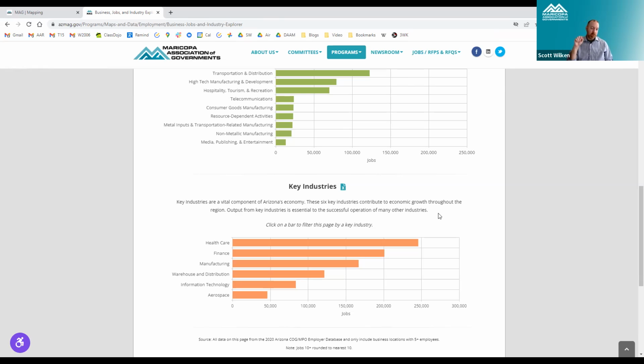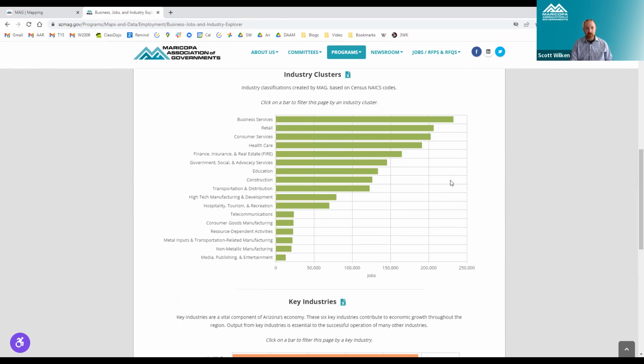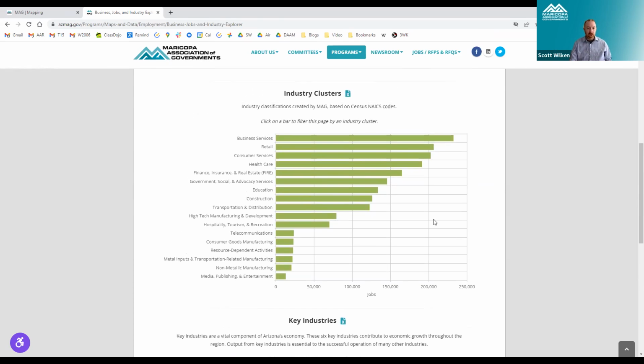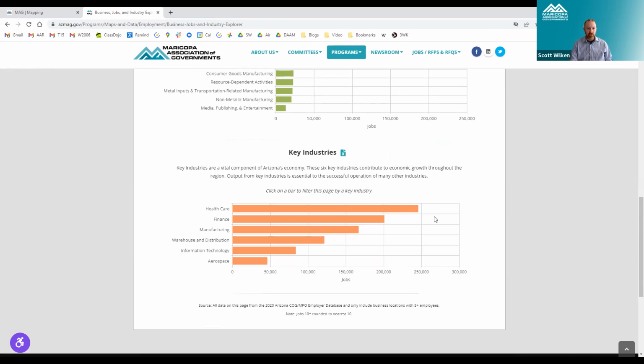An employer could be in one or more key industries, whereas up here with the industry cluster, each employer has one industry cluster and one exclusively, but down here there can be some overlap. So if you're a finance company that also manufactures aerospace stuff, you might be in finance, manufacturing, and aerospace. But this gives economic development staff an idea of what they need to know about the employers they are actively